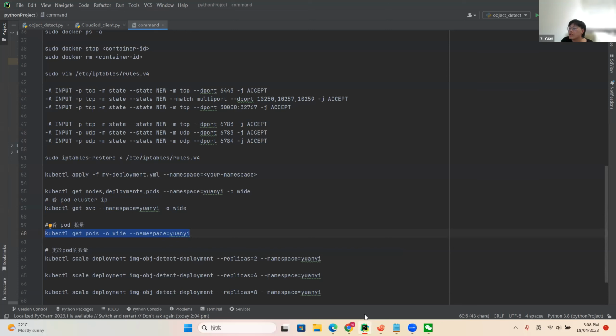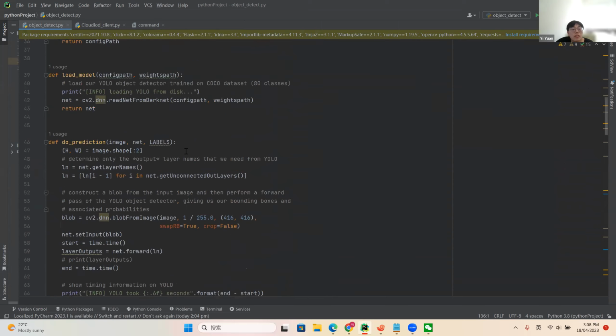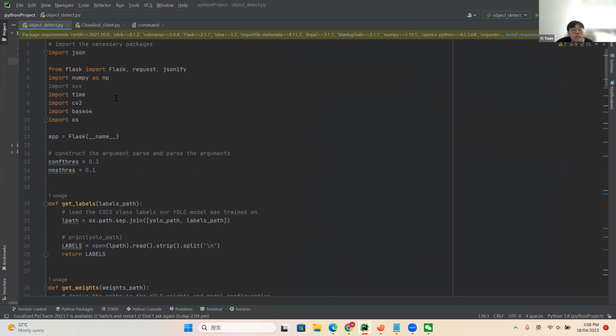So today I will talk about the video recording. And then firstly is the web service. So there are two Python files. The first one is to create a Flask. So Flask is a web software development structure, and the name is the particular variable, and the app is the